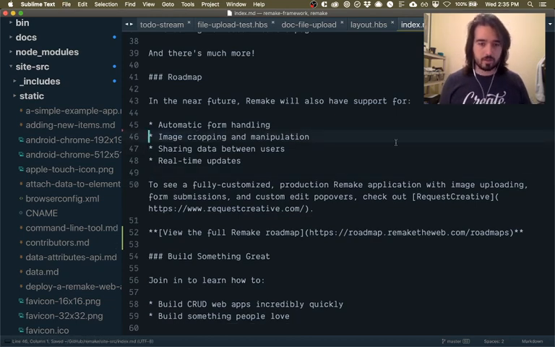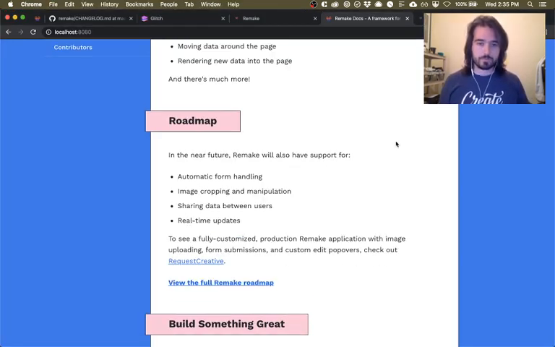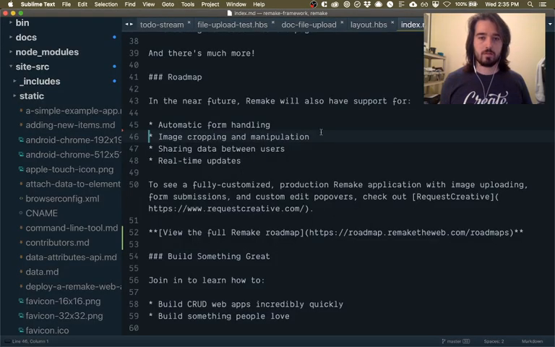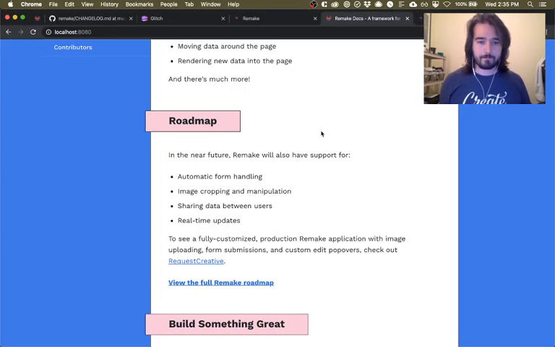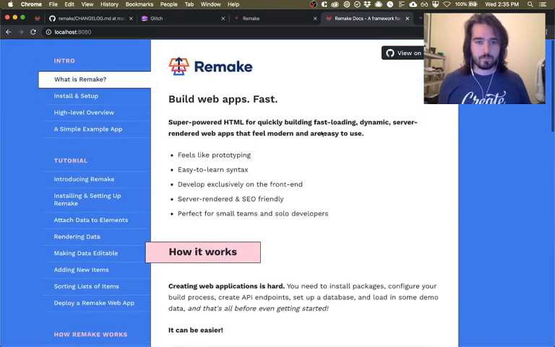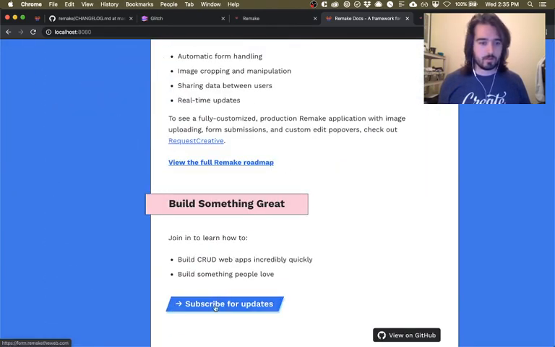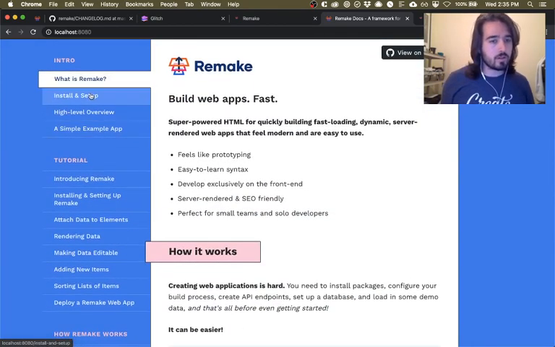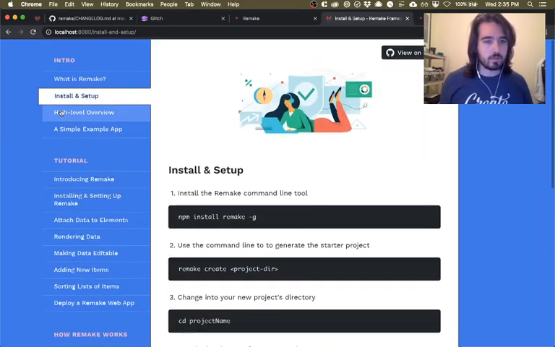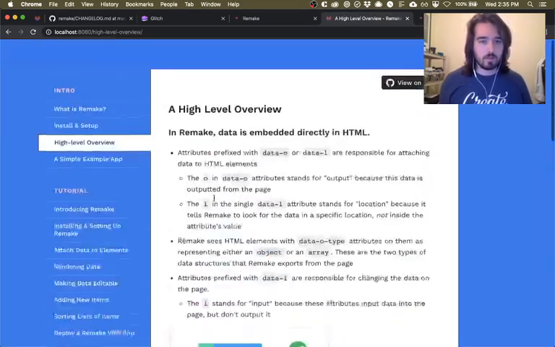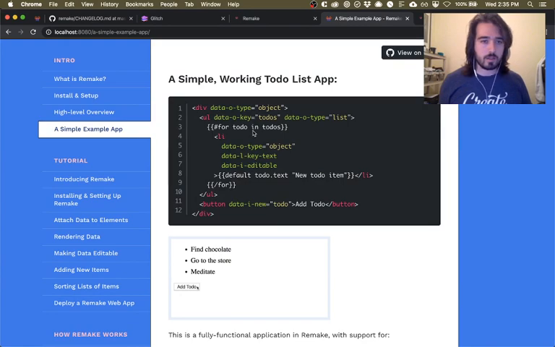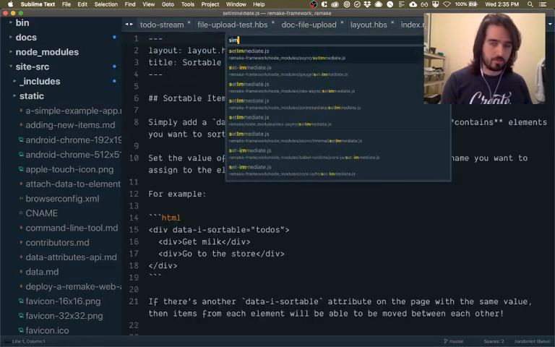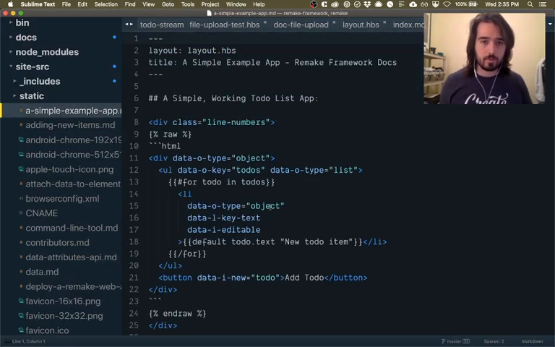Okay, we have image uploads, so we can delete that. Okay, cool, cool, cool. Okay, and then this should go to form. Okay, cool. So let's see. Where, oh, it's going to be here. Okay, a simple example app. So simple example app,